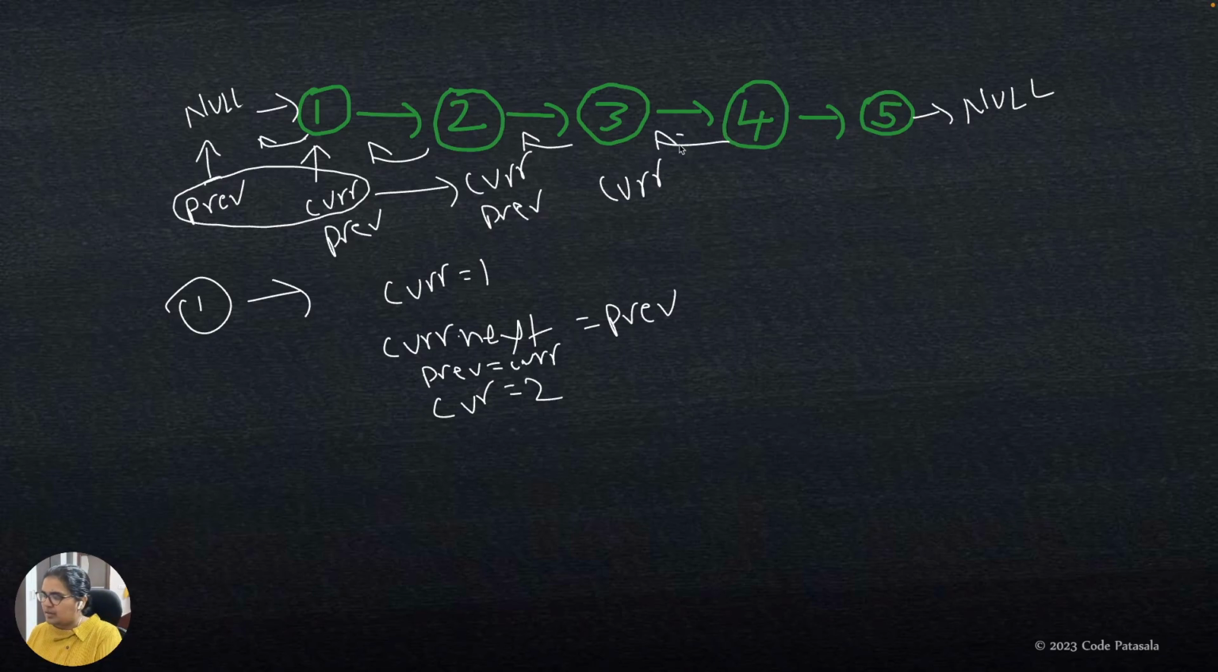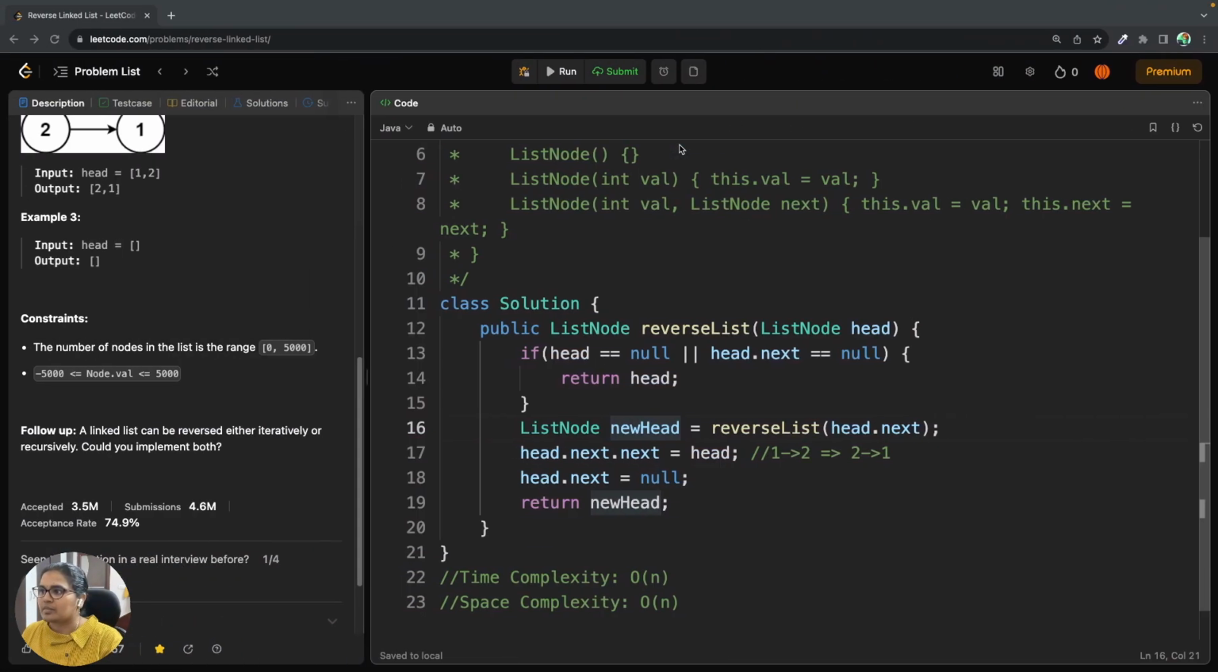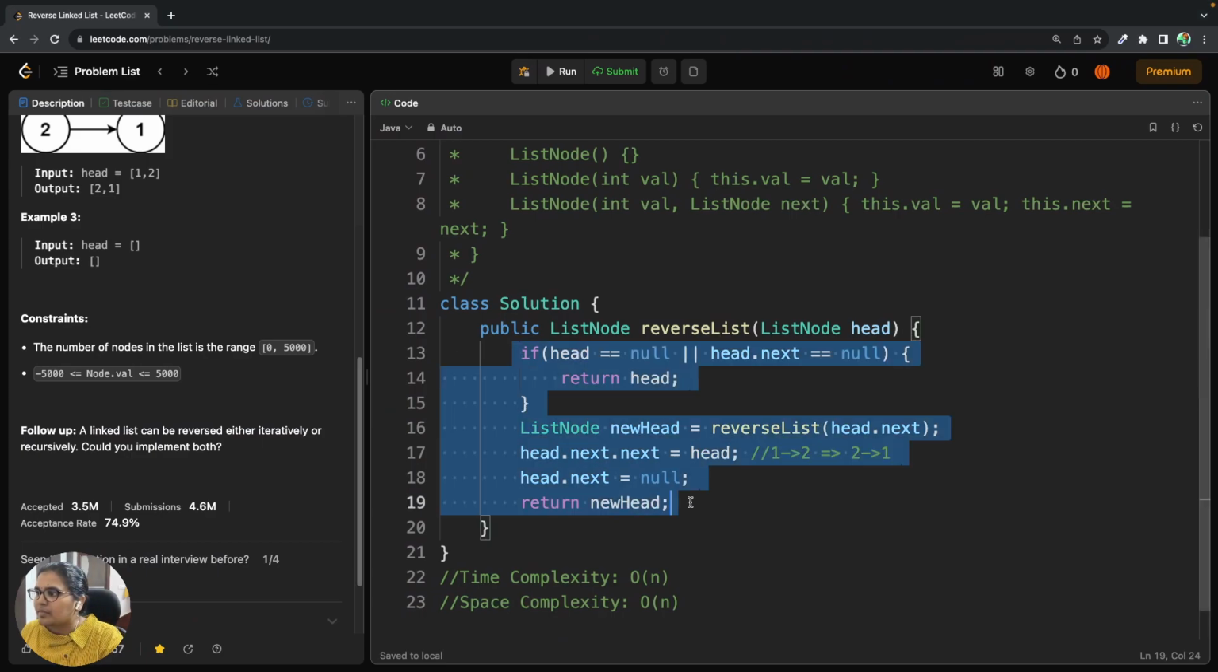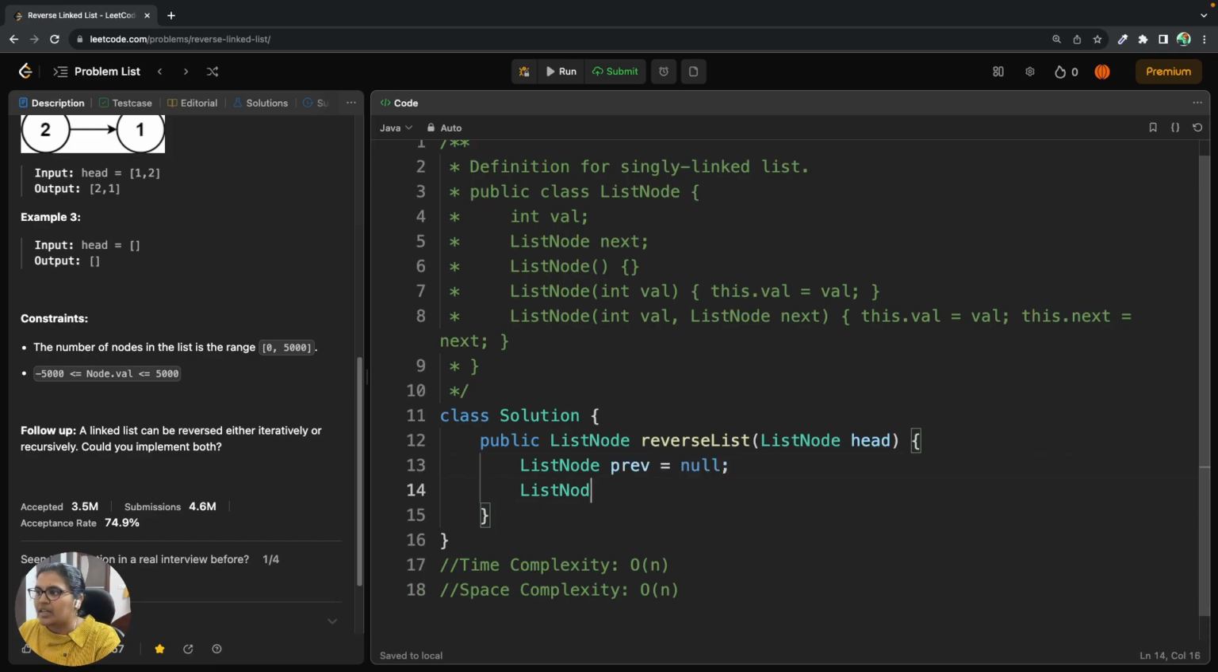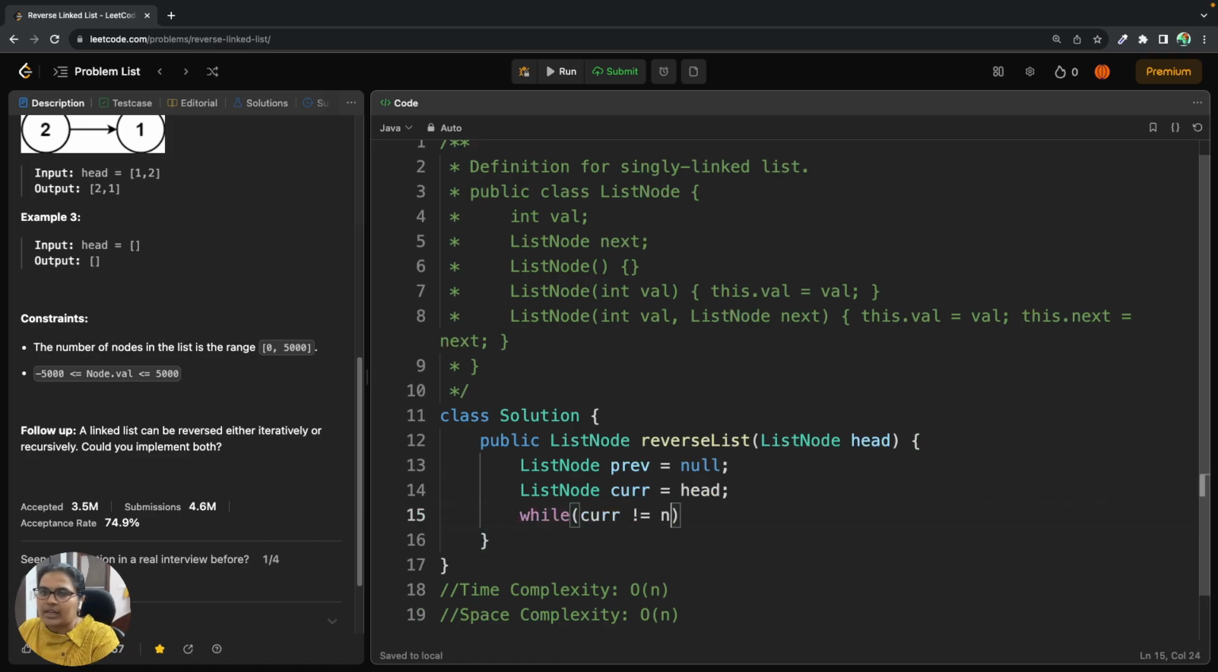Okay, so let's look at the code for this as well. I cleared off that code. For this, we need a previous pointer. Previous pointer initially, like we imagined, is null. And we need a current pointer. Current pointer is basically the current head of the list. So what do we do? While current is not equal to null,